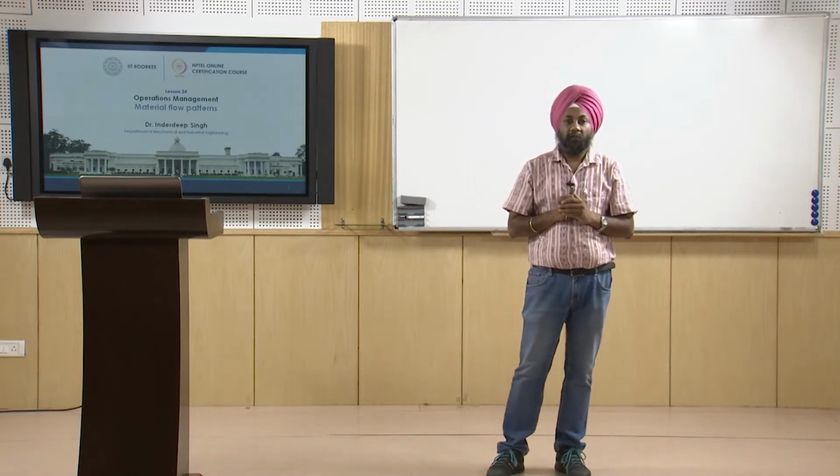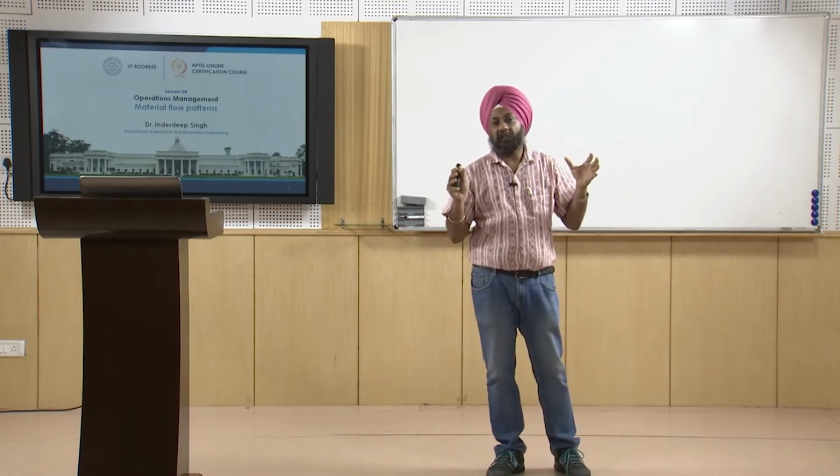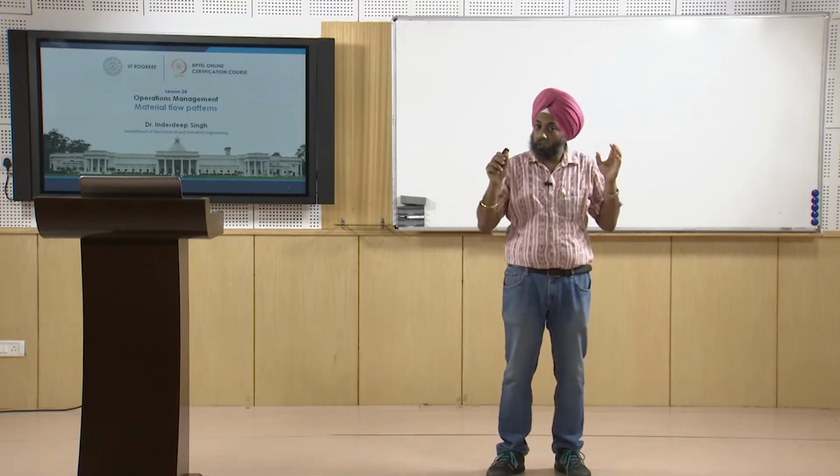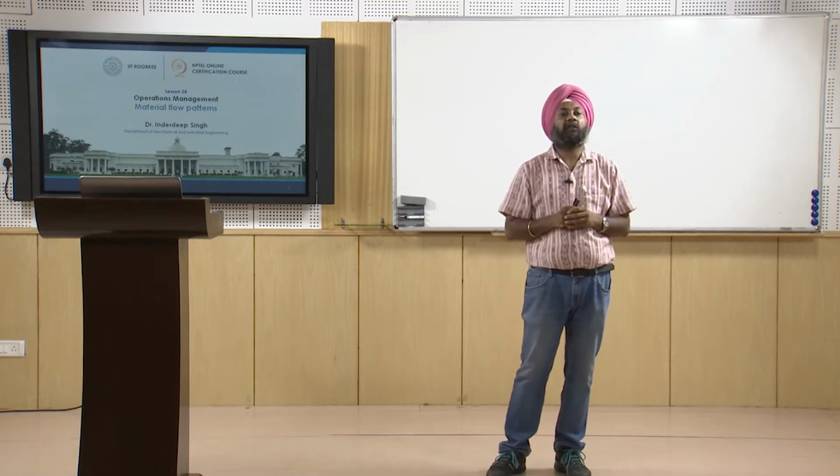What are these 4 keywords? We must be able to produce the product with desired quality, desired quantity, at appropriate time, at a competitive cost. So these are the 4 parameters: quality, quantity, time and cost. We are trying to lay out our factory in such a way that our 4 targets are achieved, that we are able to produce a good quality product in right quantity with competitive cost, and at the time it is required in the market.